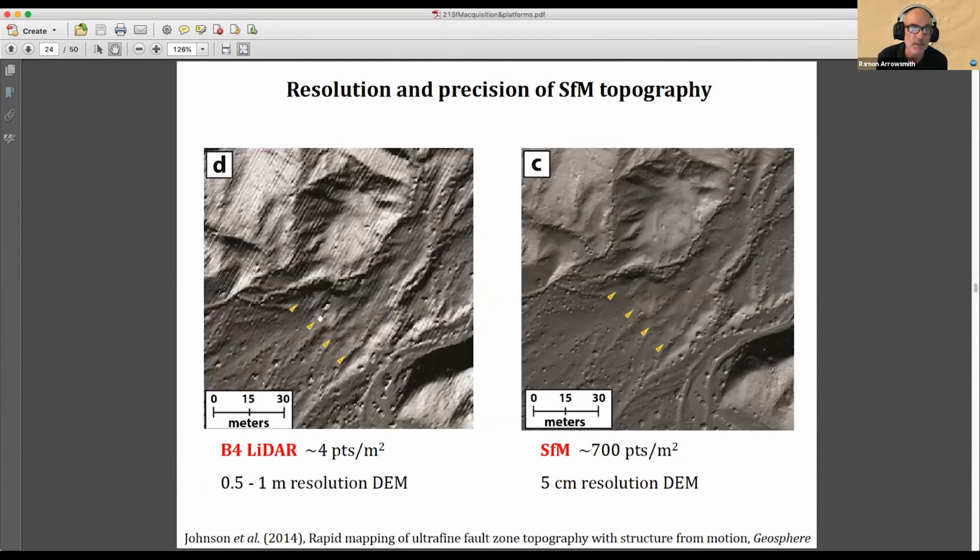But then if you go to the next slide, here's an important comparison. So on the left is airborne laser scanning, a famous data set from 2005. It's called the B4 data set. So it was collected before the next earthquake. And so in some places we're still waiting. But